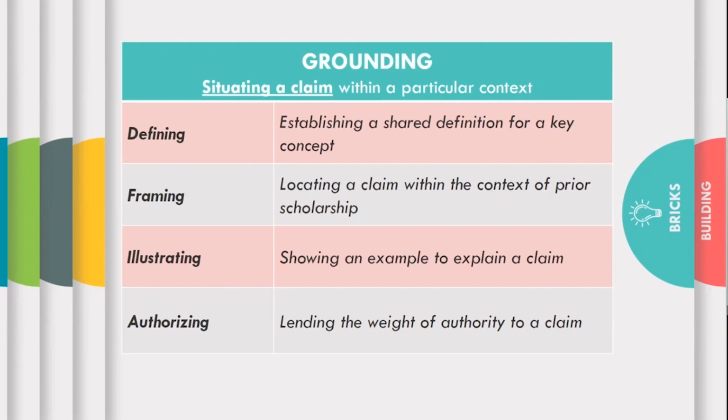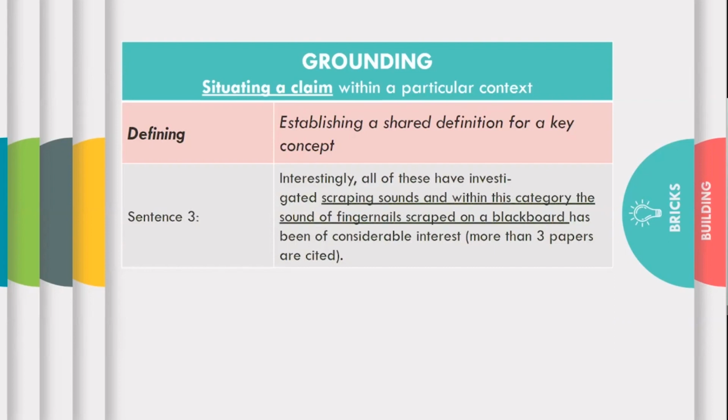Finally, we authorize. So this is the way we situate a claim. So one claim is done in 4 steps. You define by sharing others' ideas, then you frame a certain claim, and then you give an example, and you authorize finally. That becomes your claim. Thereby, you finally establish your claim. So it's defining, framing, illustrating, and we'll see examples now from the same passage that we have already read. For instance,